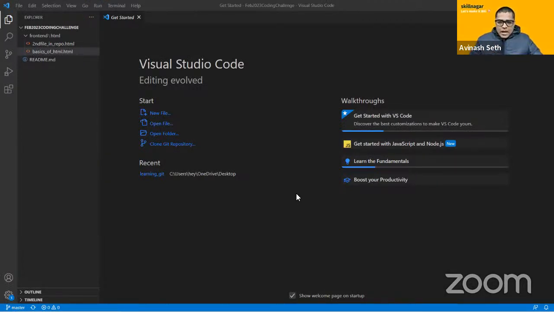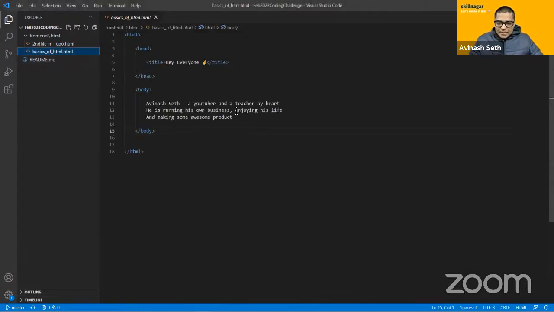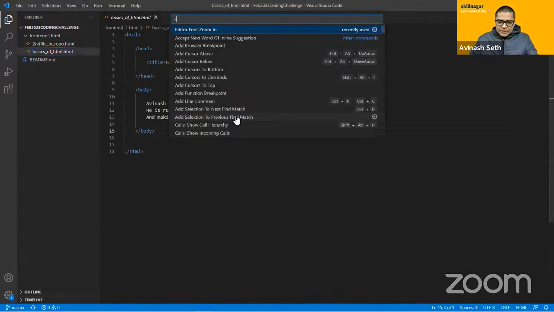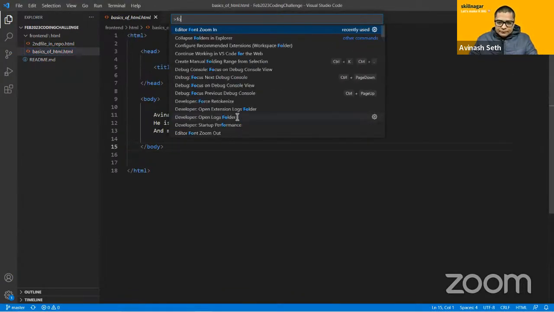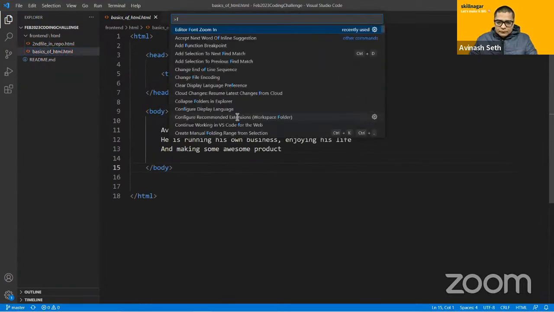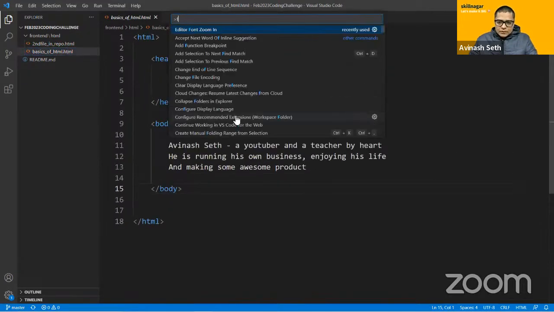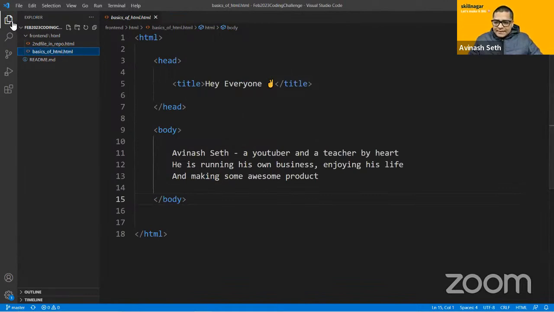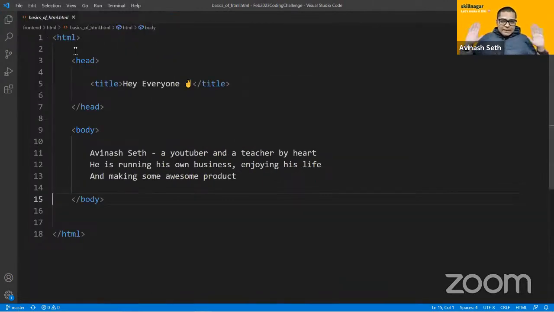Yesterday we designed this web page, which is a very simple web page. Let me just increase the font size. Awesome. So yesterday we designed this basic HTML page. Now the question is, is this what we are going to learn? I have seen so many amazing pages. Well, the answer is no. We are learning something amazing as well. So today we are going to move into that journey.